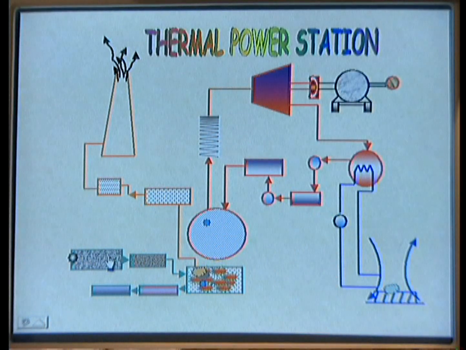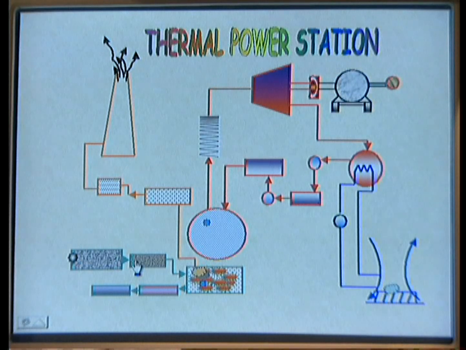The coal stored is enough for 1 month. For example, if you are taking a 100 megawatts unit, it requires 100 tons of coal per month. That is a huge amount of coal you have to store 1 month in advance. So, that storage is called the dead storage plant. From the dead storage plant, you can see here, the required coal for 1 to 2 days is taken from this one, and purified by different methods and pulverized